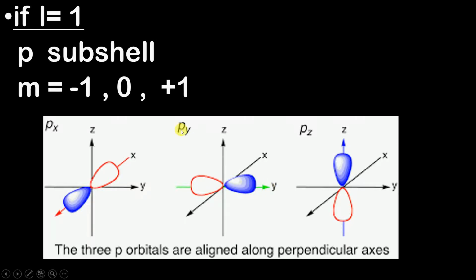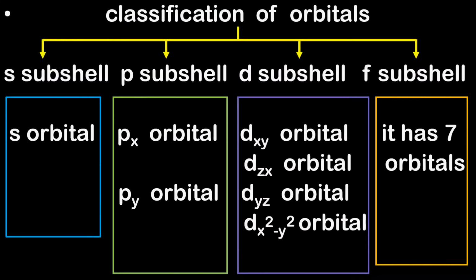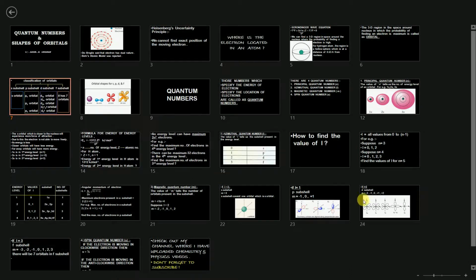Therefore it is named as py orbital, and this is named as pz orbital because it is lying on the z-axis. Okay, so I hope you have understood why I said over here that your p subshell is going to have 3 orbitals. Similarly, you might have assumed that now d subshell is going to have 5 orbitals, but then too we will see how 5 orbitals.